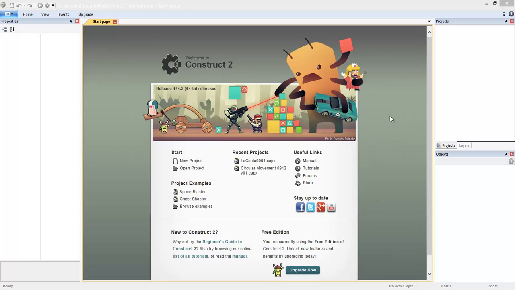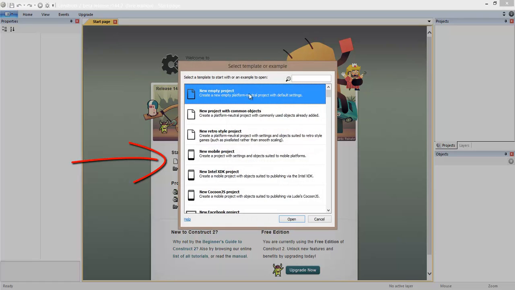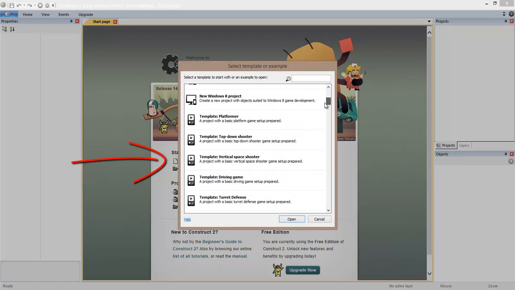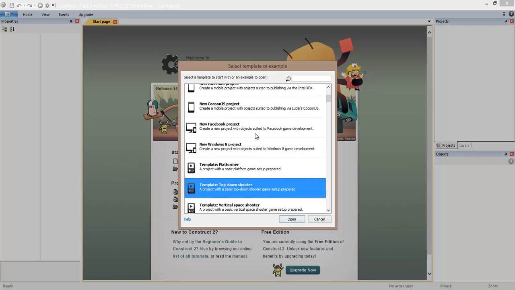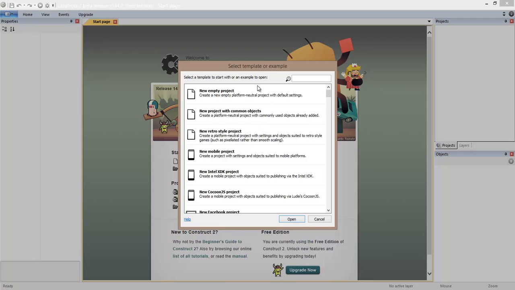The first thing that you are going to see is this dialog that we have here in the center. You can open one of your recent projects or you can start a new one. That's what we're going to do. You also can see here different templates for different kinds of platforms and different kinds of games. That's something that we're going to explore in the future, but right now we're just going to go ahead and